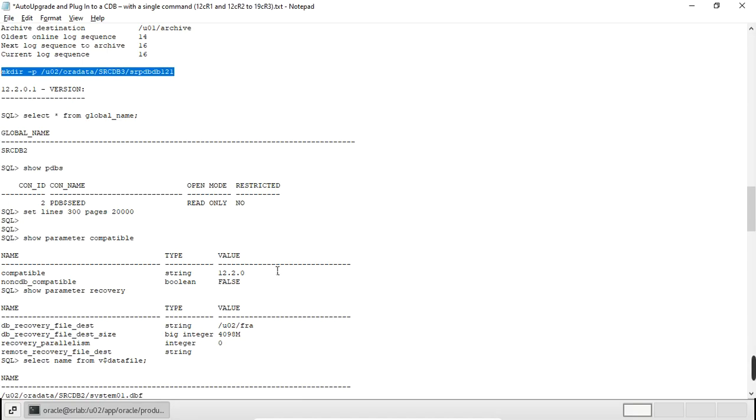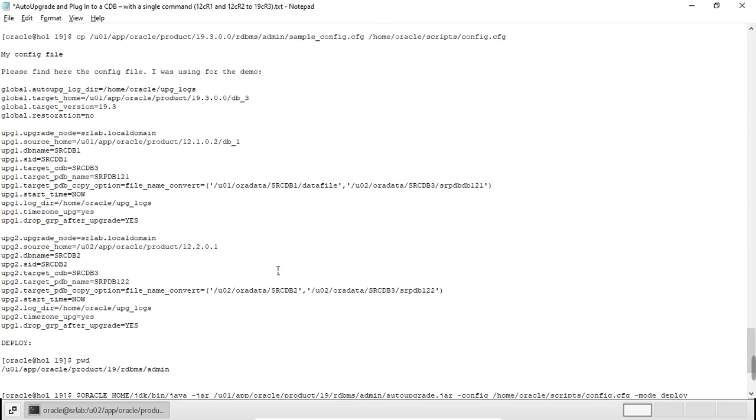And then come to that config file. So we have done this part, and start now. It is the log directory, it is going to be there. Time zone update, yes. Every grp after the drop, it is yes. Okay. Then come to the next database. Again upgrade node srlab local domain.